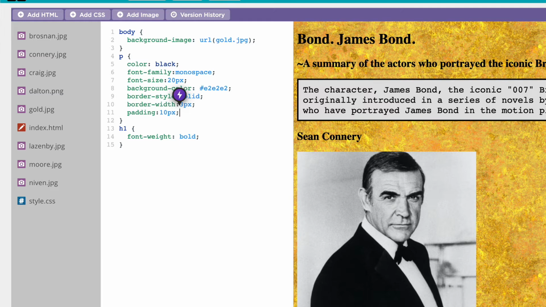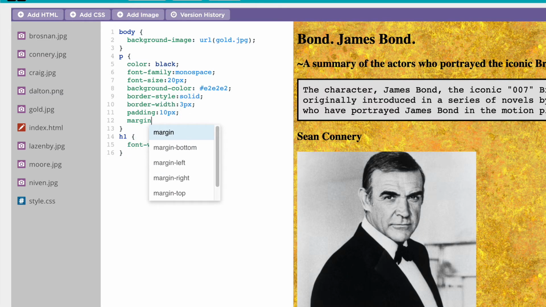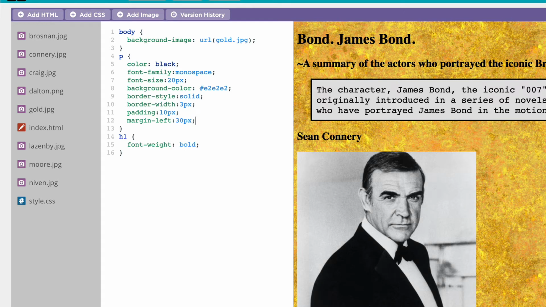All right, now let's look at one more thing on the paragraph, and then we're going to move on. We're going to do margin. And now, the thing with margin is this. When you type the word margin, if you look on code.org, you'll see that you have different kinds of margin. Margin bottom, left, top, right. All right, so I'm going to throw in margin left here. And you could try some other things, but margins will work with either pixels or percent, either one, percent of the page or pixels, whichever you would like. So, like if I say 30 pixels and semicolon,